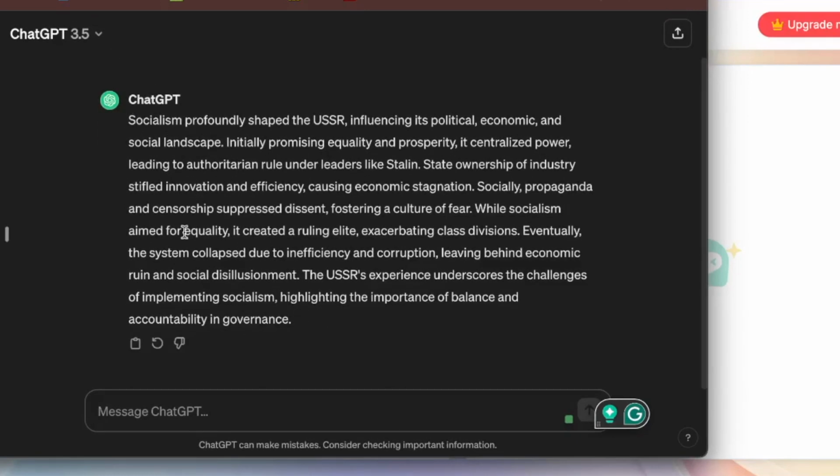Socialism profoundly shaped the USSR, influencing the political, economic, and social landscape, initially promising equality and prosperity, centralized power, leading to authoritarian rule under leaders like Stalin. So as you can see, this explains